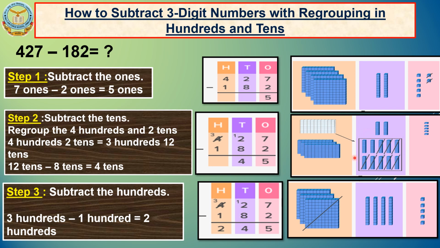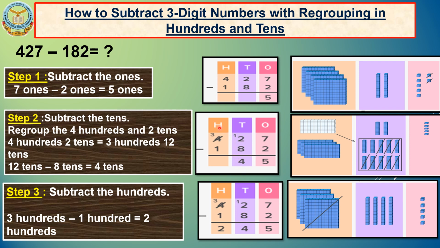100 will be split into 10 tens. So 10 tens plus 2 tens that were already there will become 12 tens. Hence 400s will become 300s and 2 tens will become 12 tens. Now we can subtract 8 tens from the 12 tens. So 12 tens minus 8 tens is equal to 4 tens. So write down 4 in the tens column